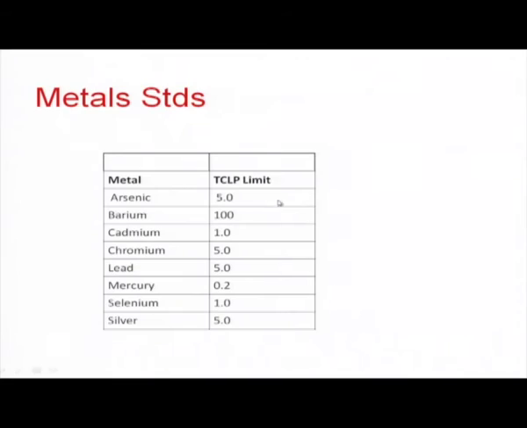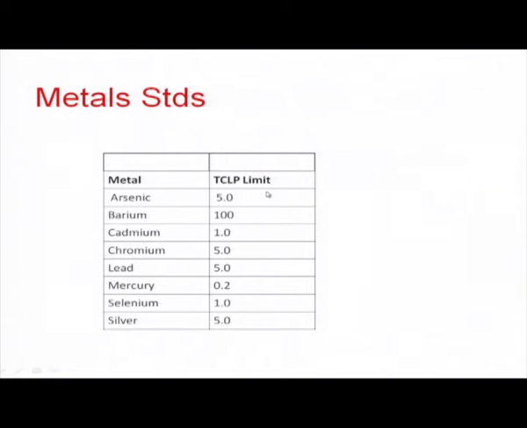After conducting the test, we have to test the various heavy metals, toxic organics, pesticides, etc., and check whether they are within the limit or not. For example, these are the TCLP limits or standards, and the waste normally meant for disposal in a dump site should not have values more than this.